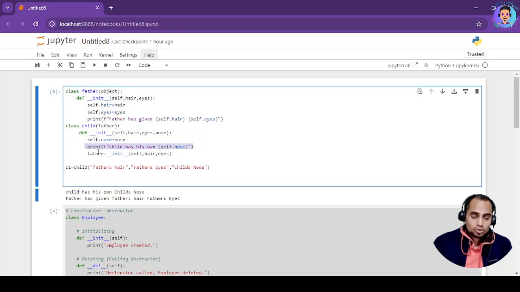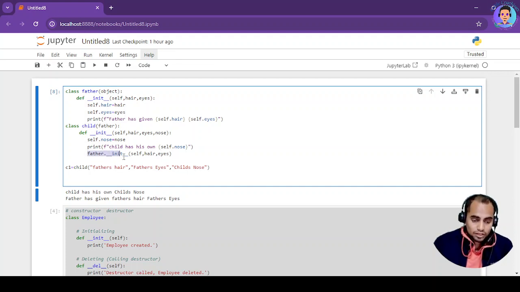Afterward, what happened? We have called another method, that is init. What is init? Init of the parent class. So father dot underscore underscore init underscore underscore. Here I am putting hair and eyes as two variables.